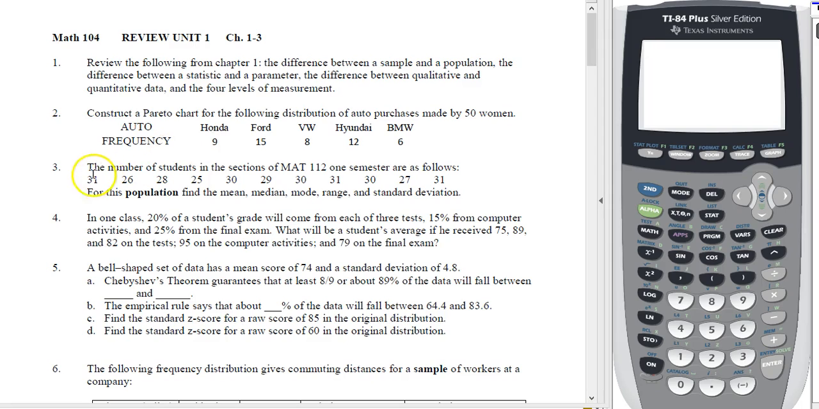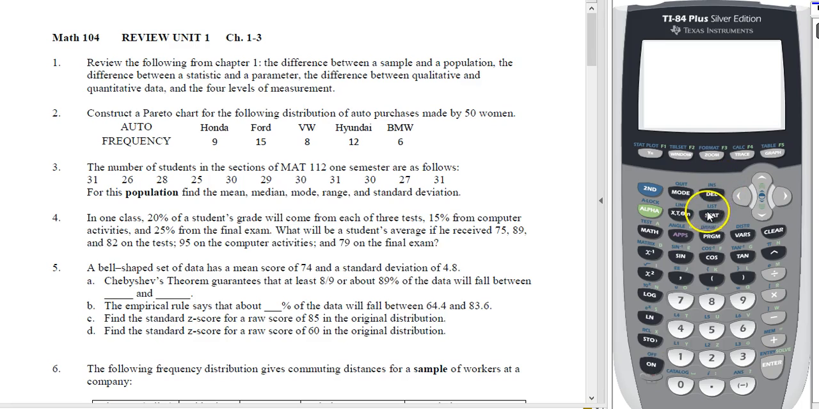Number three, this one involves data for sections, of course, and it's asking for this population, meaning that's all of the sections. Find the mean, median, mode, range, and standard deviation. So this one, you definitely want to go to your calculator, turn it on, of course, if it's not on already,